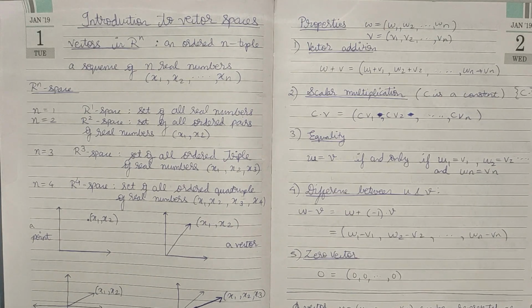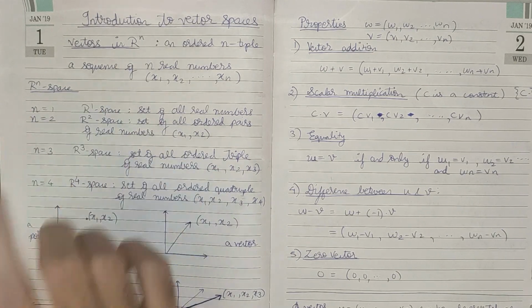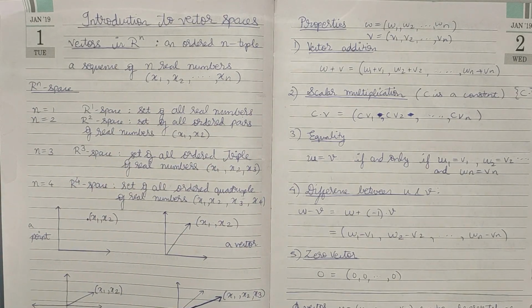The topic for today is Introduction to Vector Spaces. Now, a vector can be defined as a representation of a tuple in a dimensional space. Here we have dimension as n. So, in n dimension, that is Rn, we can define a vector as an ordered tuple of a sequence of